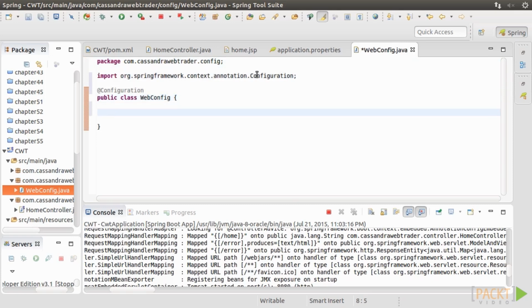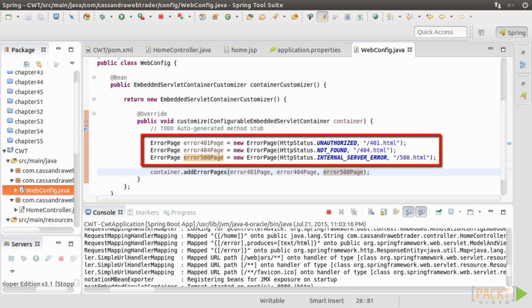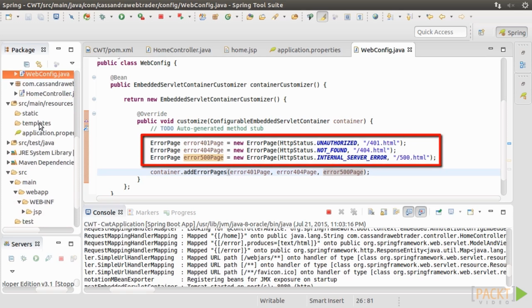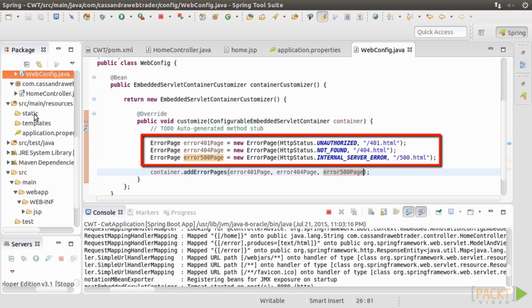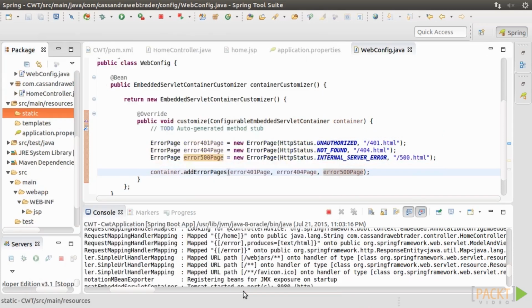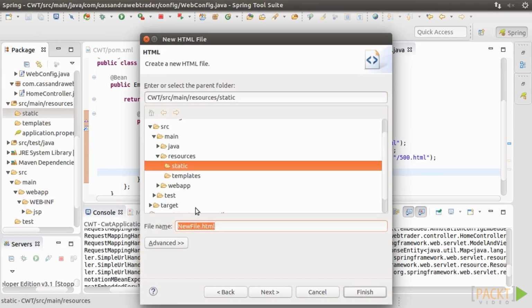We'll add a bean by a method to return an anonymous embedded servlet container customizer. We'll override the customize method here to map the 3 HTTP error status codes to their respective error pages. For example, an unauthorized HTTP request gives 401 status code, which will map to 401.html file, and so forth. Now we create 401.html in